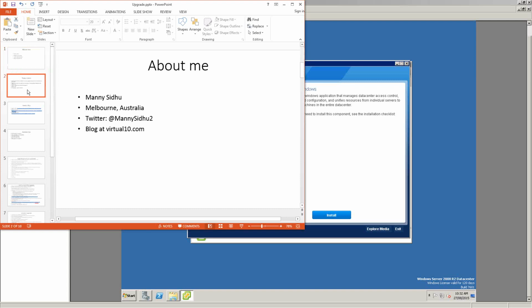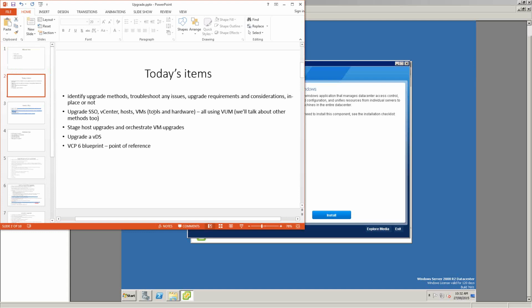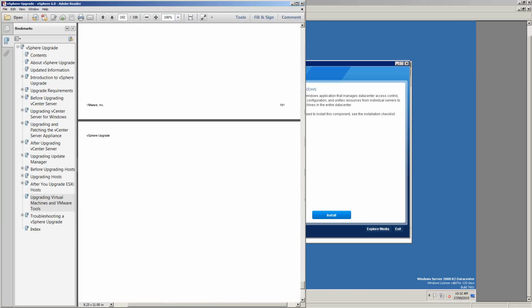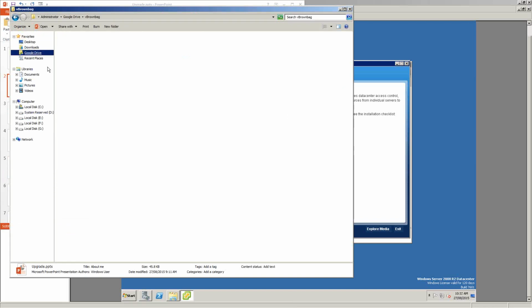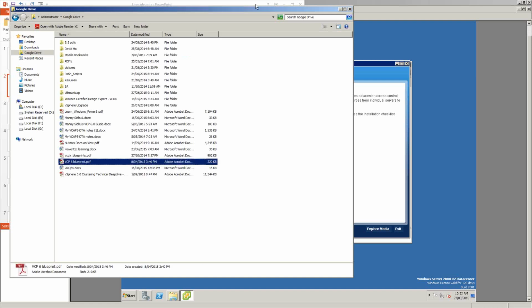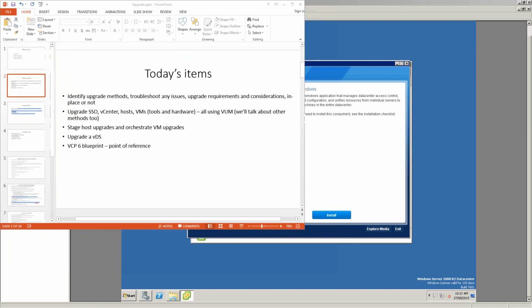All right, like I said, there's a lot to cover, so let's get cracking. So that's what we're going to cover today. So basically the VCP 4.1 and 4.2 blueprints. I'll just bring my blueprint up. The blueprint should always be a point of reference for any exam, but especially for the VCP exam. This window refuses to come over, so anyways.